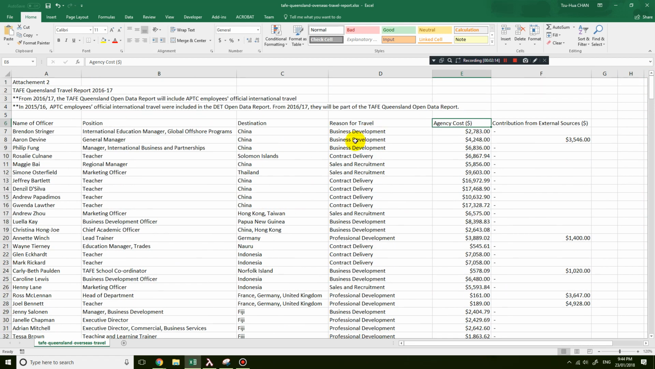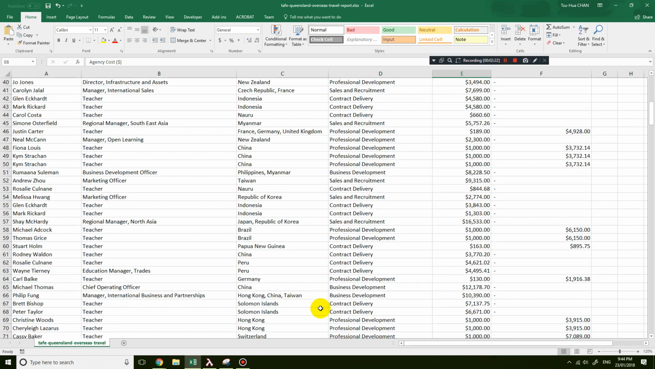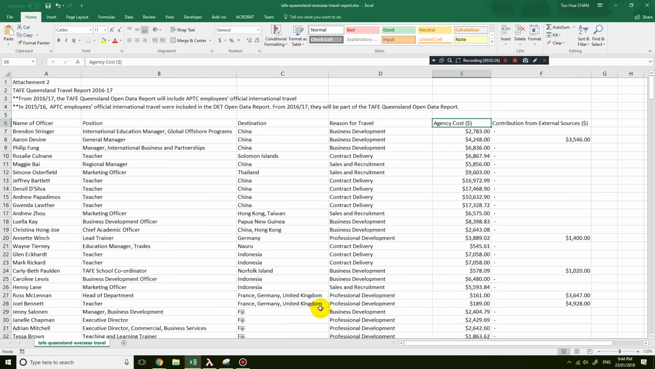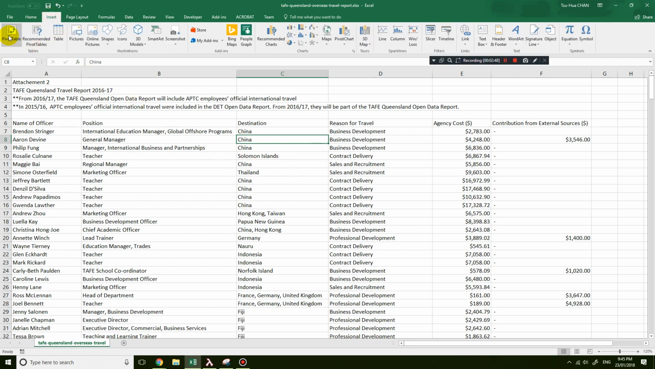So what is a pivot table? Well, as you can see right now, we have a lot of data, and if you were looking at this, it's very scattered information. So the first thing we can look at is, for example, how much money did TAFE Queensland spend on just going to China. What you would do is click somewhere in the table, and then click Insert, Pivot Table,